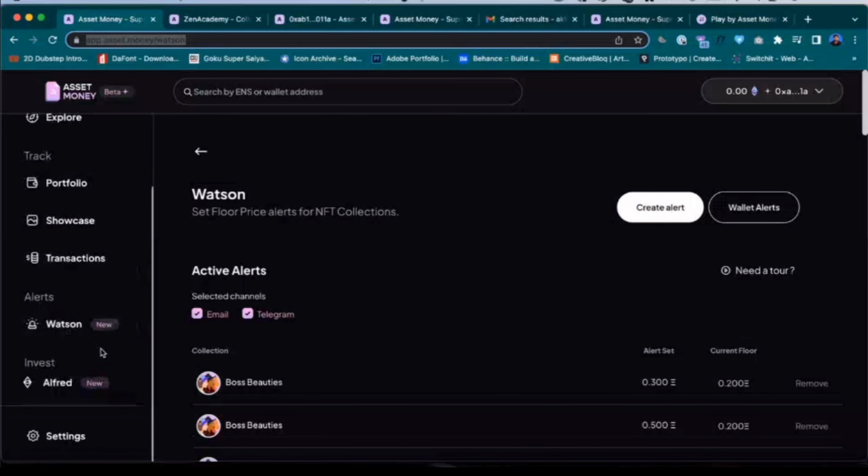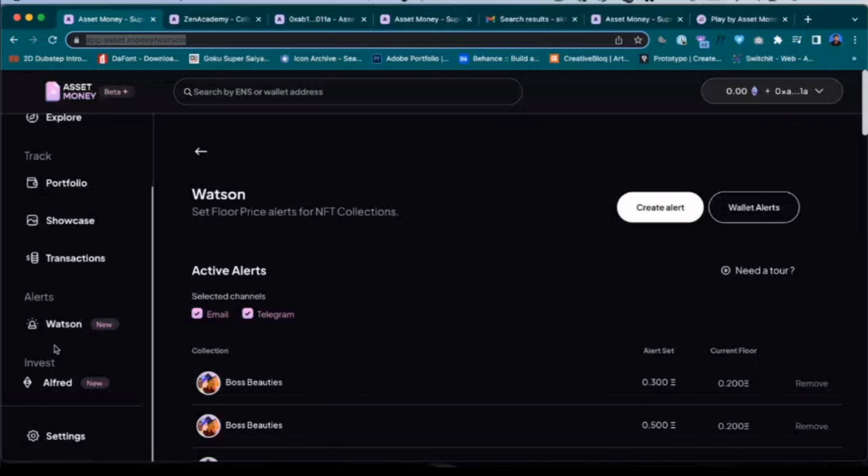So what Watson does is solve a simple problem. When someone invests in NFTs on a daily or monthly basis, they often struggle with keeping track of it. Let's say you collect NFTs maybe twice or thrice a month, or on a regular basis, and not really as a once-in-a-lifetime thing. For people like that, it's really hard to keep track of